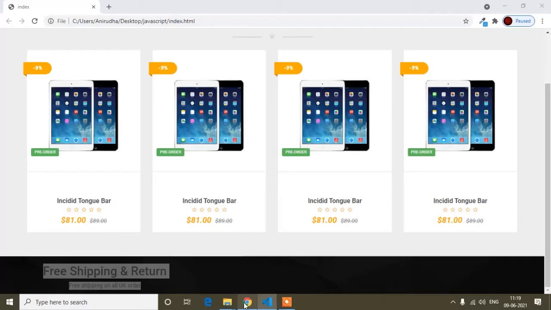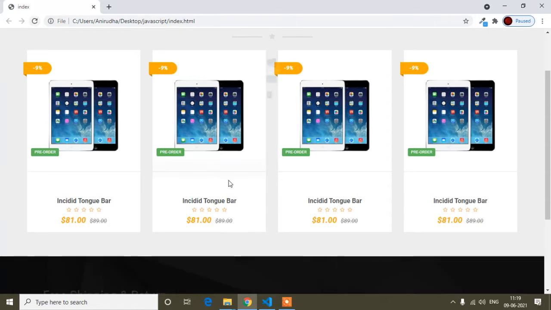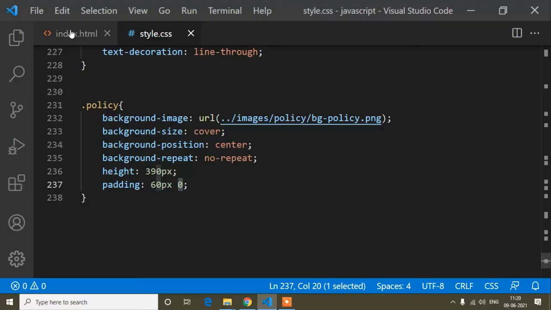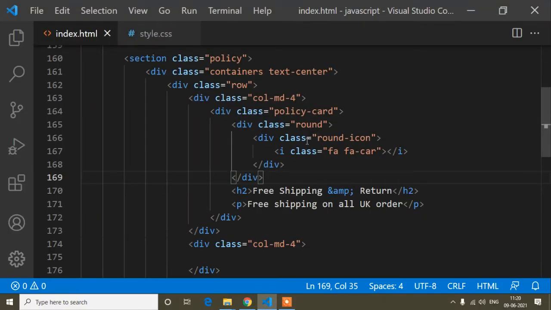So now if I save and refresh here, you can see the height of this background image is increased, and it also has some padding added at the top and bottom. Okay, and now this is done. And now guys, I will go to HTML, and from here I will copy this round class.